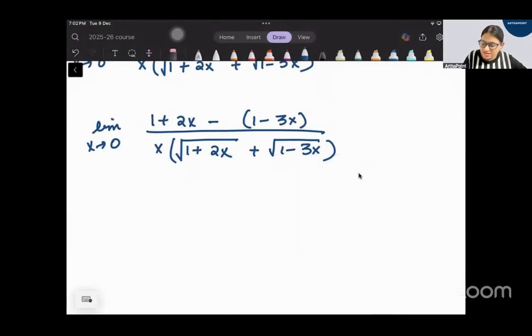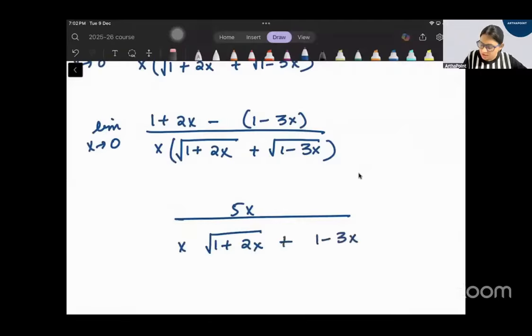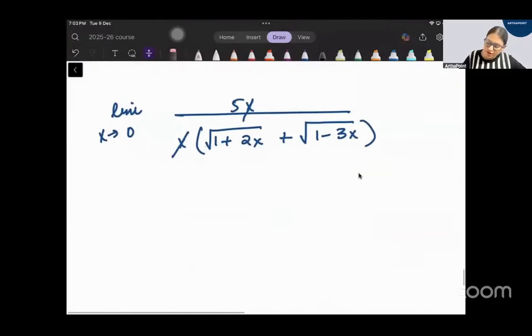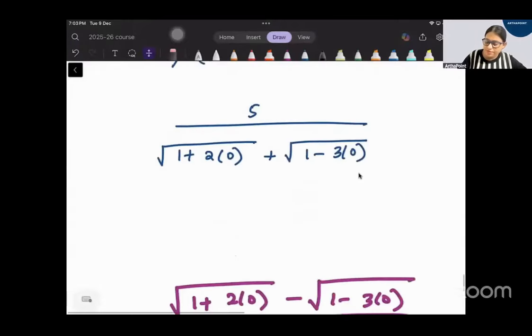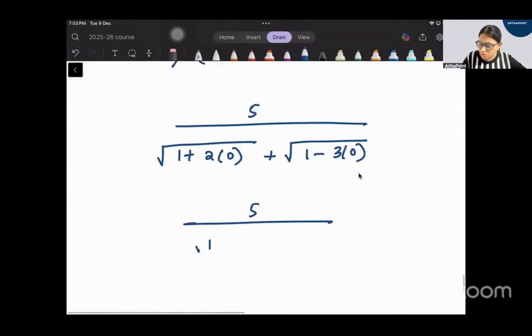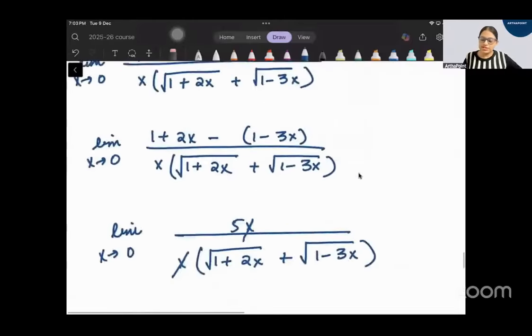So 1 and 1 will cancel out. 2x plus 3x will be 5x upon x times 1 plus this plus 1 minus this. x and x will cancel out. Limit x tends to 0. Now just put the value of x. So 5 upon 1 plus 2 into 0 plus 1 minus 3 into 0. So this is going to be 5 upon root 1 plus root 1, 1 plus 1, which is 2. So answer will be,